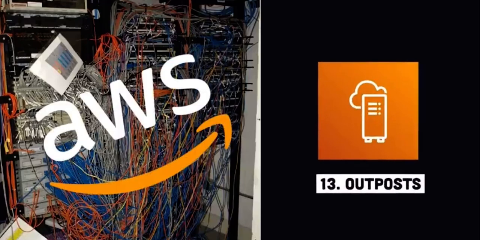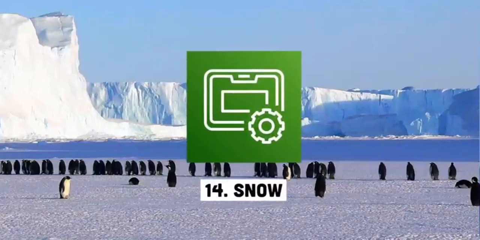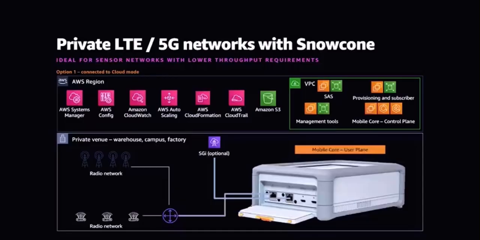But what if you're a huge enterprise with a bunch of its own servers? Outpost is a way to run AWS APIs on your own infrastructure without needing to throw your old servers in the garbage. In other cases, you may want to interact with AWS from remote or extreme environments, like if you're a scientist in the Arctic. Snow devices are like little mini data